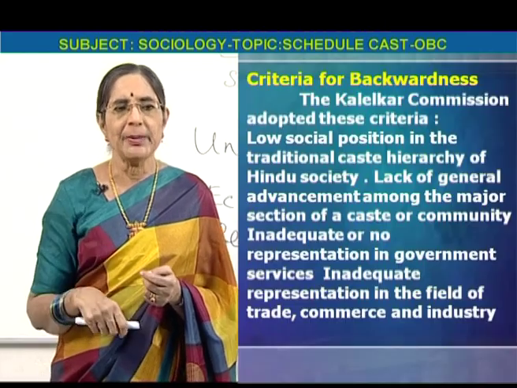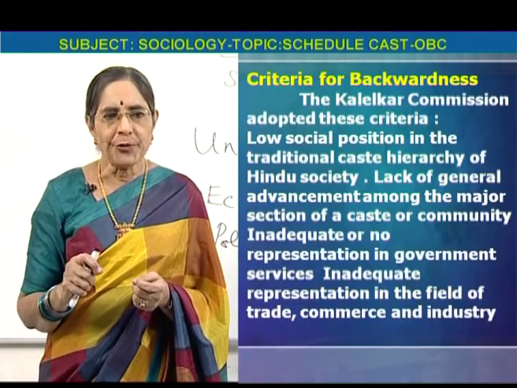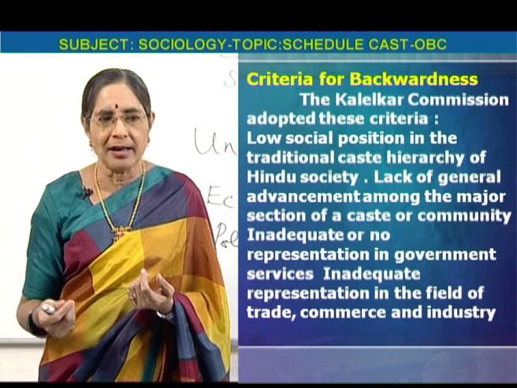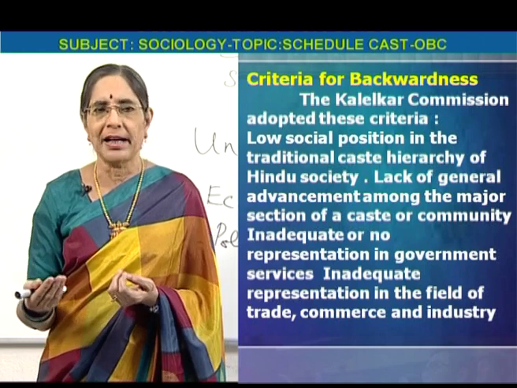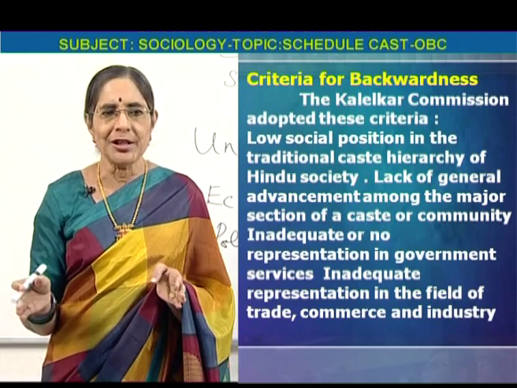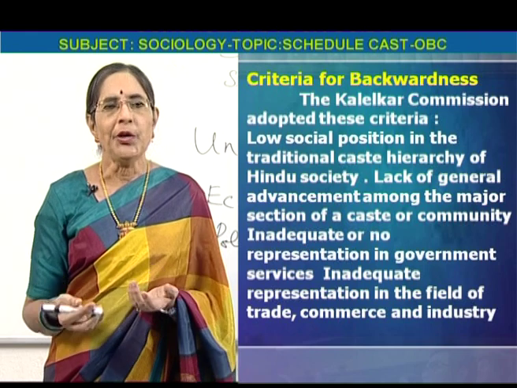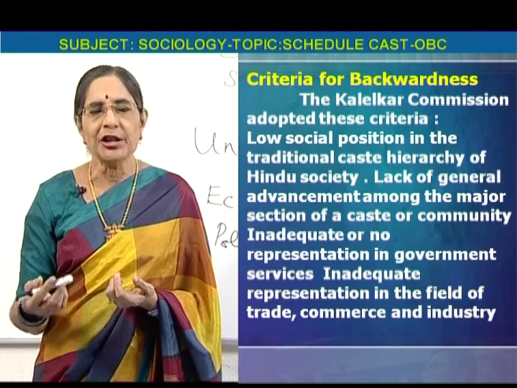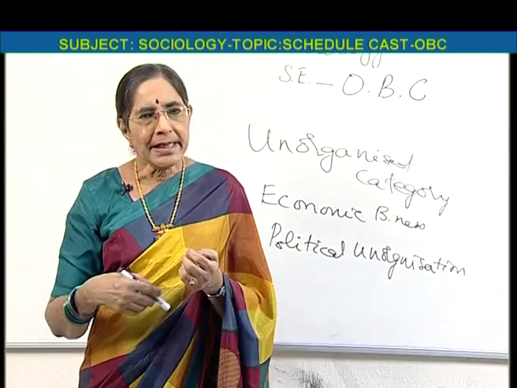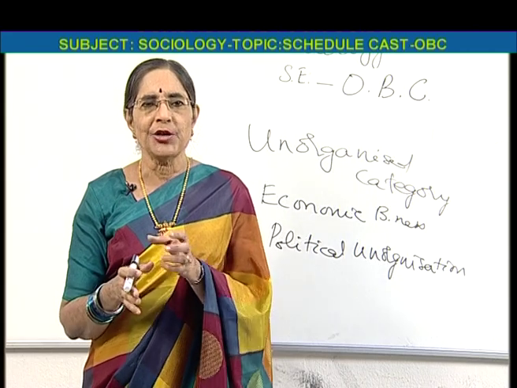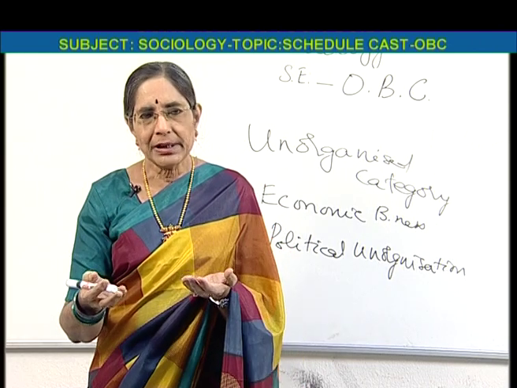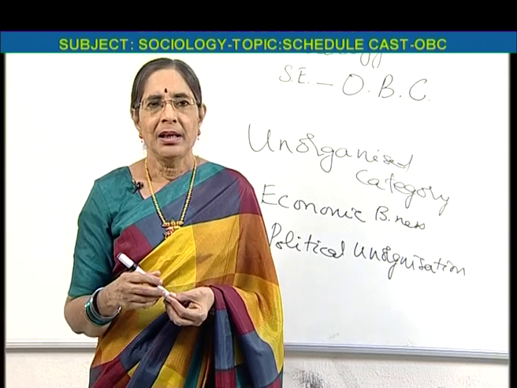The second criterion used by the commission is lack of general advancement among the major section of a caste or community. If many people are not advanced, then that also is a criterion for backwardness. The third criterion is inadequate or no representation in government services. The fourth criterion is inadequate representation in the field of trade, commerce and industry. These four criteria were taken into consideration by the commission, and the committee gave its report to the government, but